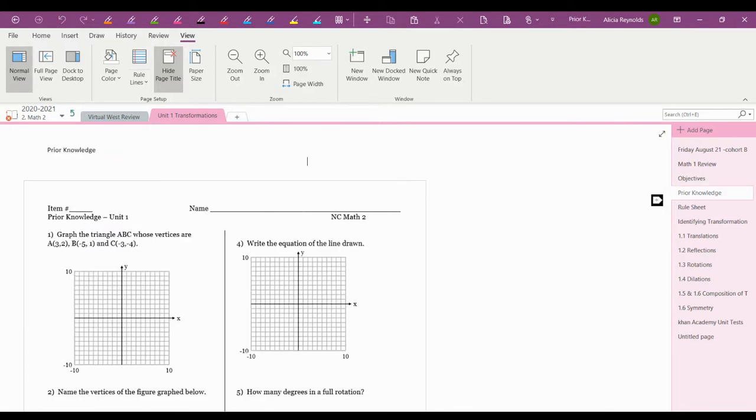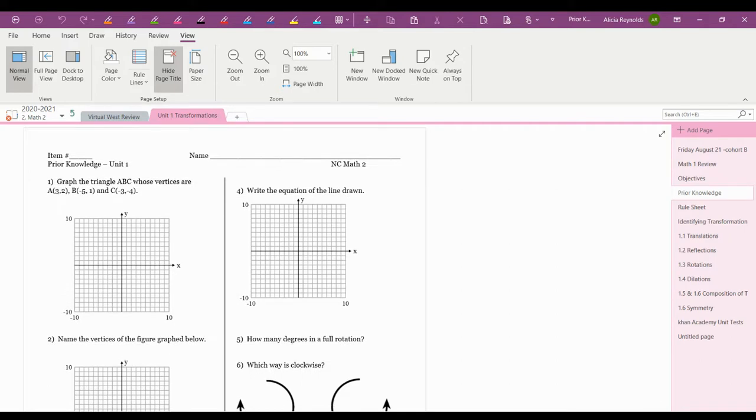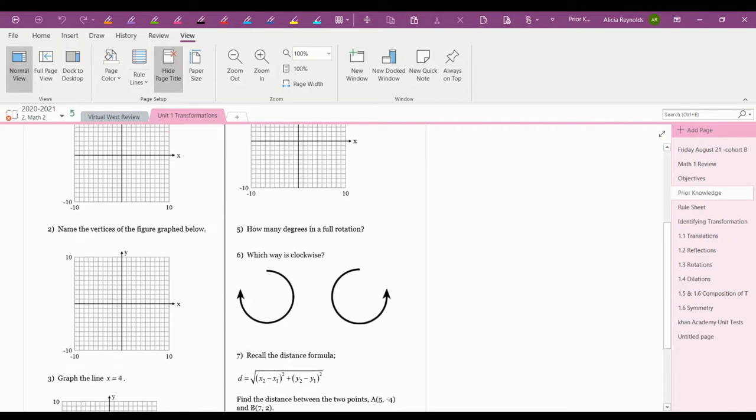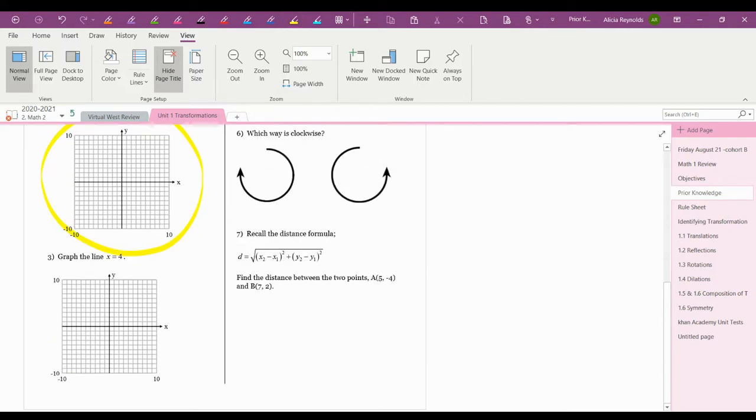This prior knowledge page is the backside of your objectives page. So we need to graph the triangle with those vertices. Your copy does have the vertices filled in. This is a digital copy that does not have that filled in. Your copy does have vertices on your graph to identify. Graphing the line,